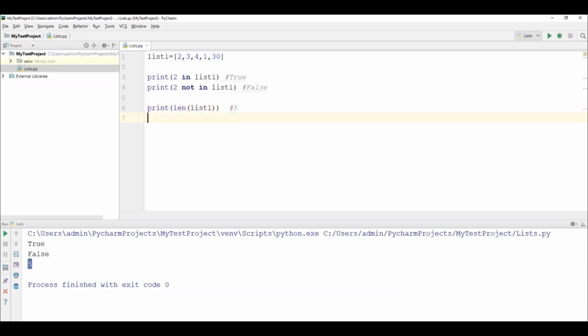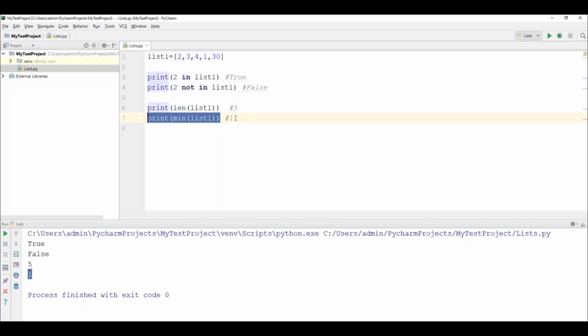And similarly, we can also use other methods called max, minimum, and so on. So let me just use the minimum function. What the minimum function does is find the smallest element in the list. Let me write this and run this, and it will give you 1. So in this list, 1 is the smallest element.